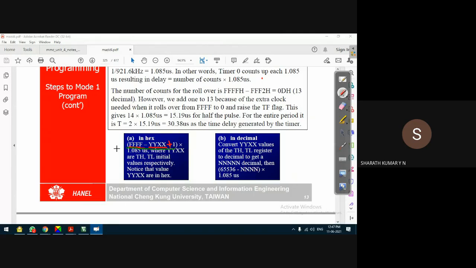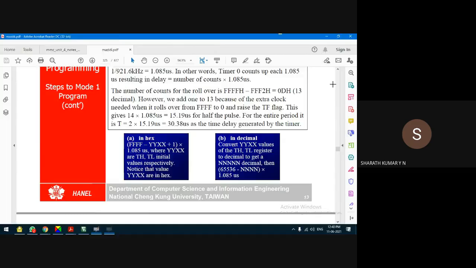You understood this? It's very simple. FFFFH equals 65,535, but we want 65,536, so we add plus 1. That's why it is FFFFH plus 1 minus the initial value loaded to the timer. This value is multiplied by 1.085 microseconds.